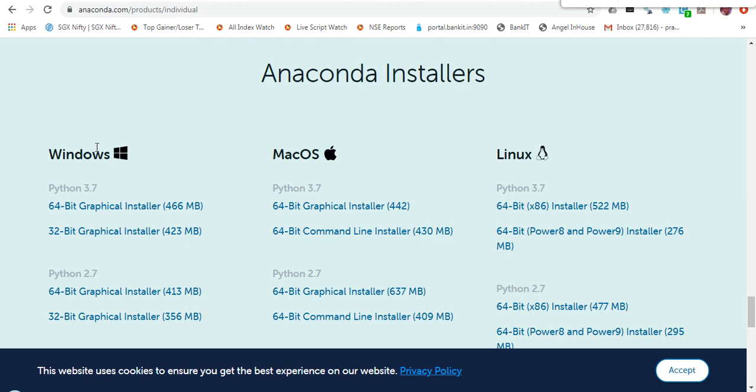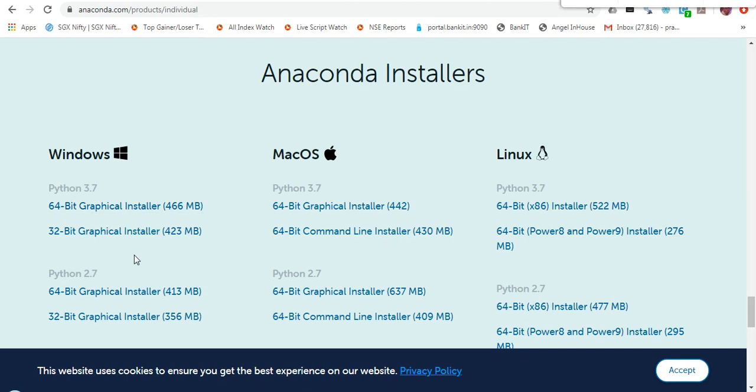Under the Windows section, you can see there are two links available, for Python 3.7 and for Python 2.7. These are the version numbers. Obviously 2.7 is an old version and 3.7 is the latest version.